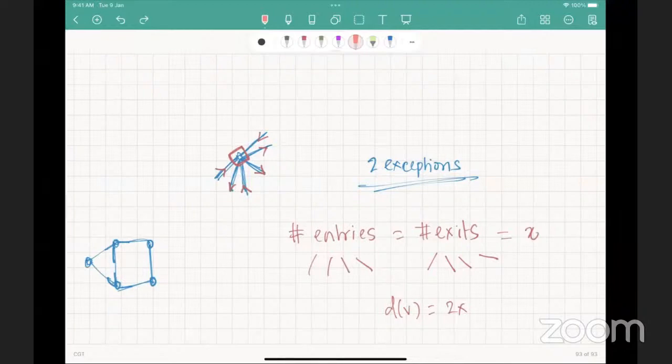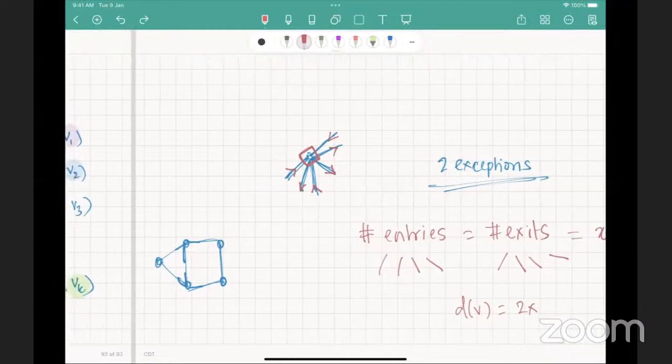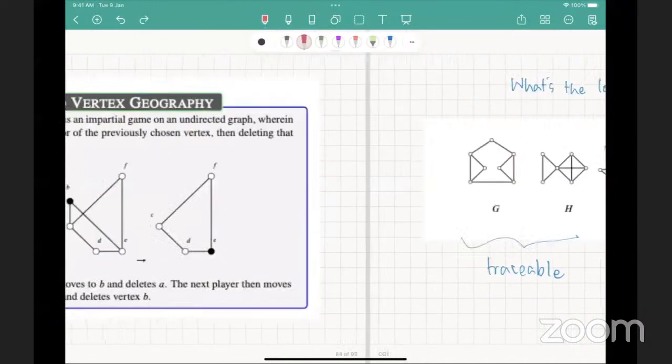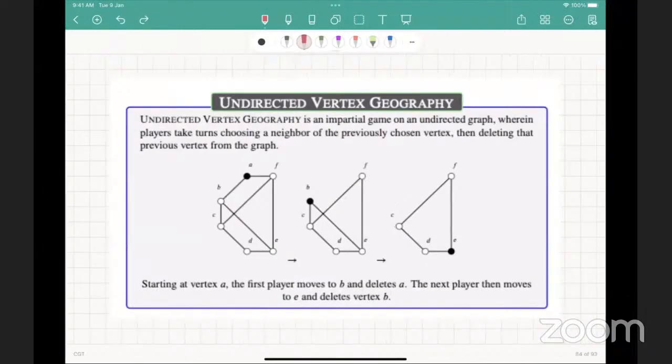So it's a great rabbit hole to go down if you find the concept interesting. The final comment I will make is for directed geography, and I'll just take one more minute here. I realize I'm over time, but directed geography is basically the same as here, except that the edges have orientations. And like I said, we allow orientations to be both ways. This is something that truly captures the original game of geography. But it actually ends up capturing a lot more because,